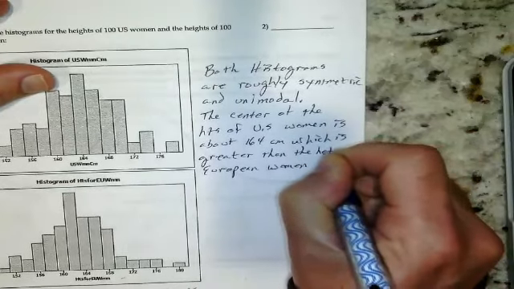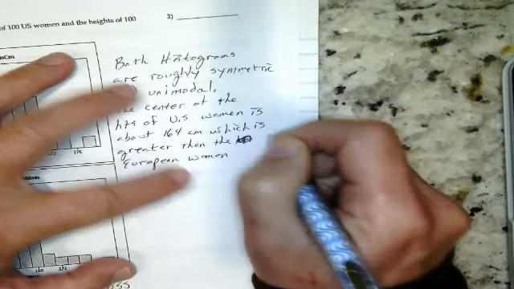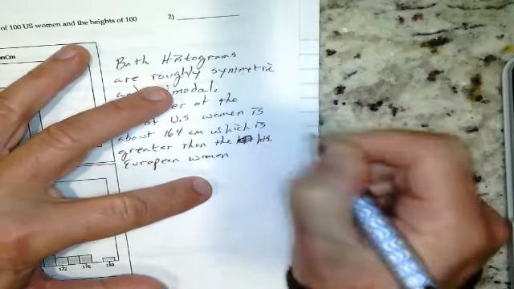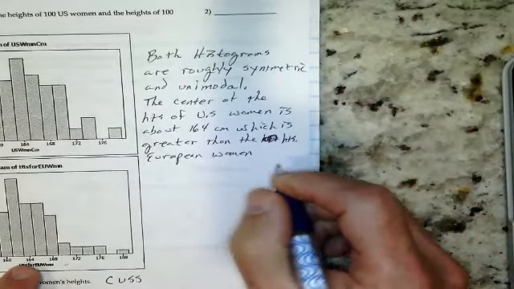Oops, bad job of abbreviating there. It should be heights of European women, which seems to be between